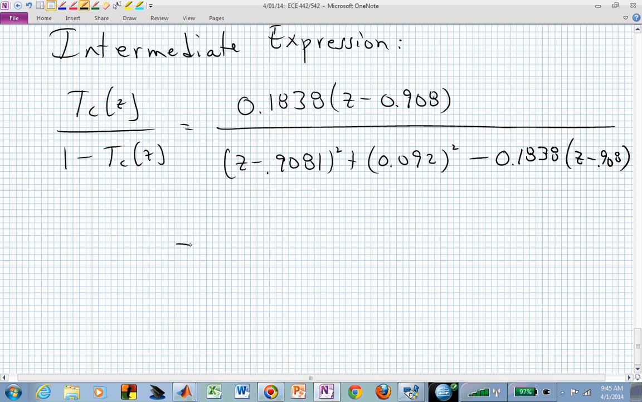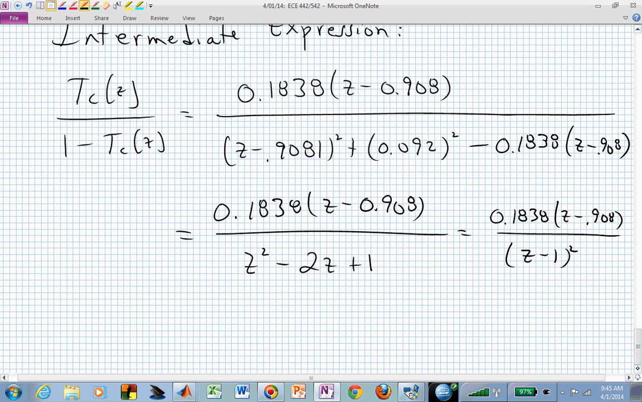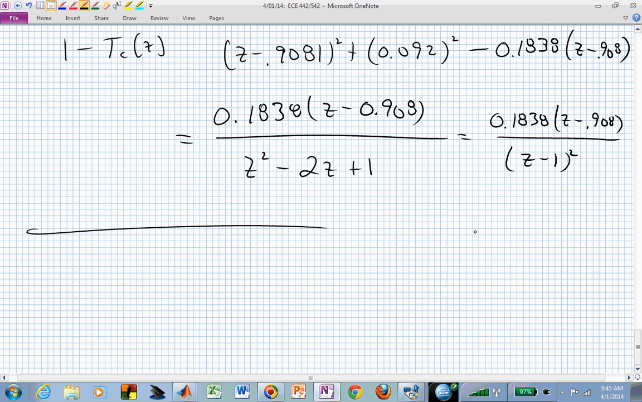If you perform the algebra, you end up with nothing new upstairs. Downstairs, you end up with z squared minus 2z plus 1, and that maybe looks very familiar. That's now just (z minus 1) squared. That now is a simpler expression to deal with when we're scaling 1 over the plant by this T sub c over 1 minus T sub c. Doing that,